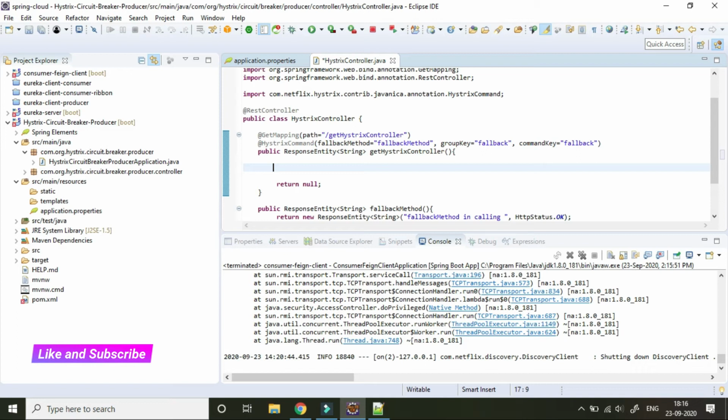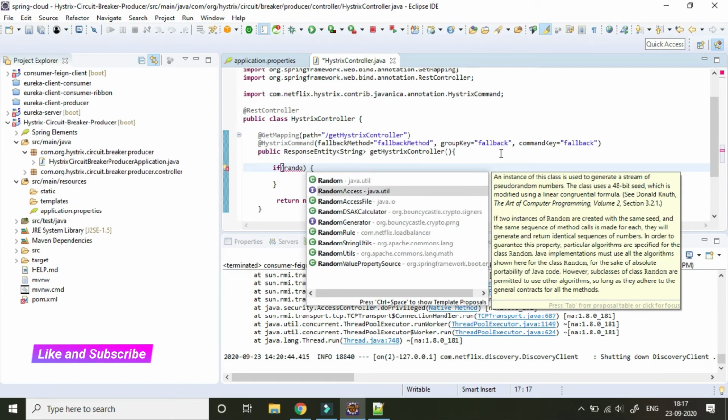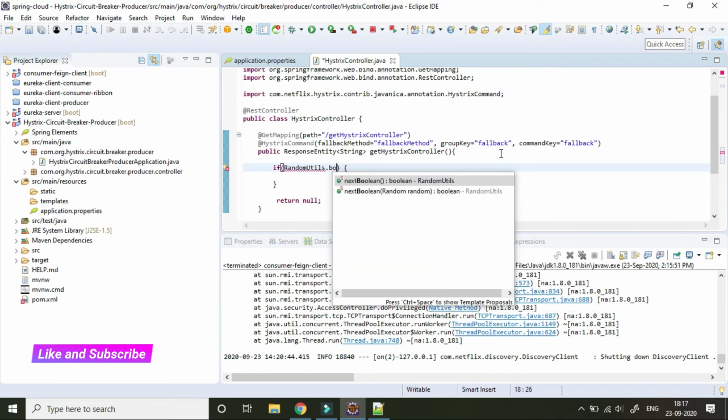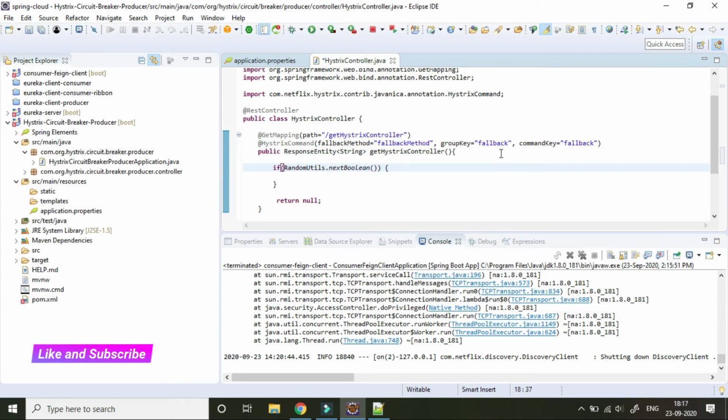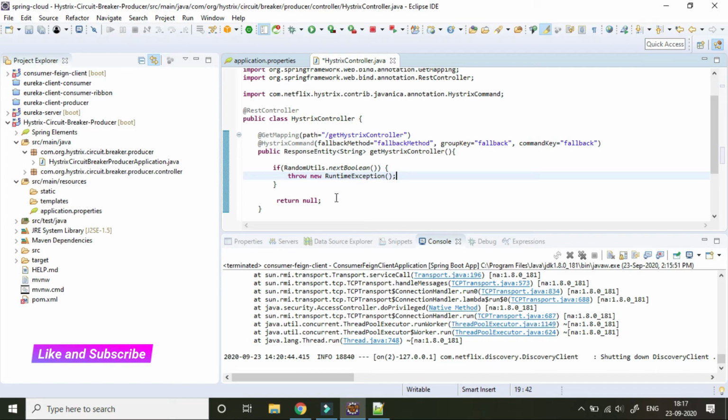I have to write some business logic. Random.nextBoolean. RuntimeException.